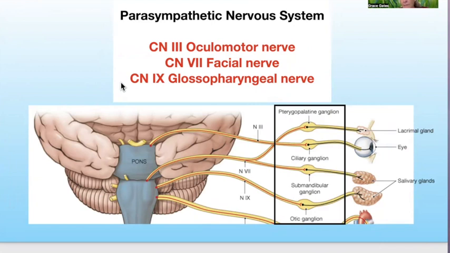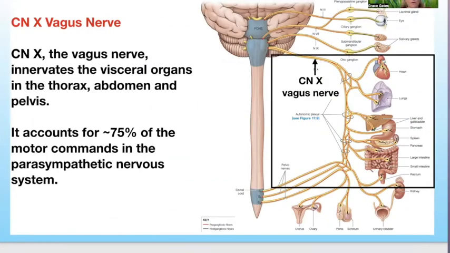And then from the ganglion, there's a neuron that goes to the lacrimal gland and has it make tears. And then there's another neuron that goes to salivary glands and increases saliva secretion there. Okay, so we went over three of the four cranial nerves that carry parasympathetic nervous system information, and they were